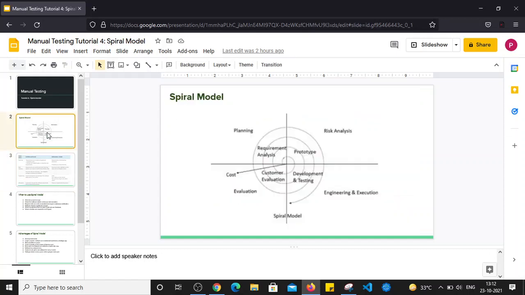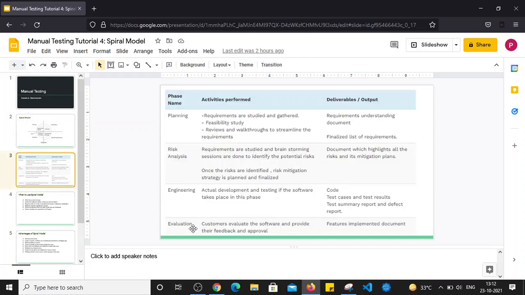During this testing phase for the first cycle, it will include all types of functional testing. And once everything is tested, it will enter into the deployment and customer evaluation phase, where the software will be deployed on the customer's environment. After that, the customer will evaluate the software and provide their feedback and approval. The customer will check whether, for the initial requirement he has given, they are satisfied or not. If there are any other new requirements that need to be improved, at that point they will assess the quality of that specific product after the first cycle.